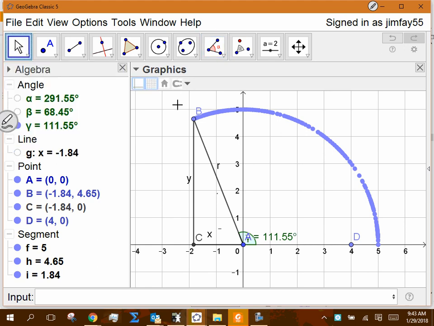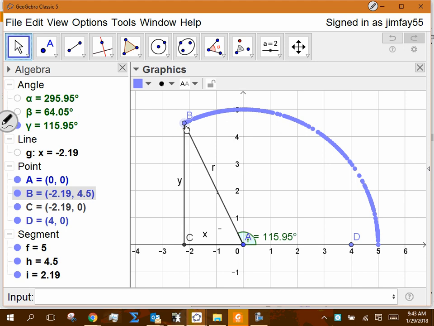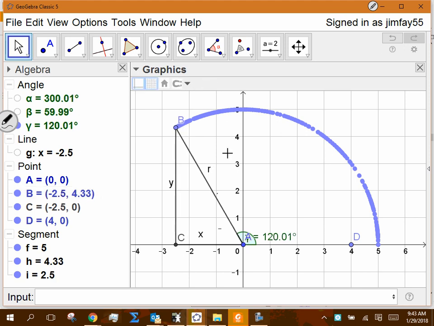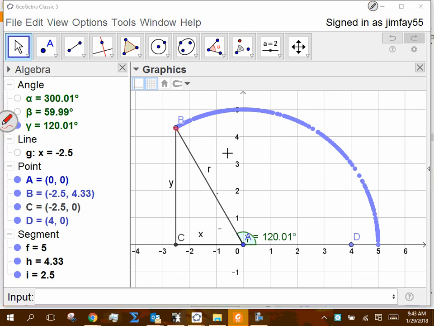So let's say that I'm able to take that angle and make it, close enough, 120 degrees. Okay? I'm interested in that 120 degree angle. It's really hard to deal with that 120 degree angle. There are better ways, and the better way is to find a point on this terminal ray. It doesn't matter where the point is. It could be B, it could be that point, it could be that point. It doesn't matter. But you're going to take from that terminal ray, and you're going to drop down a vertical